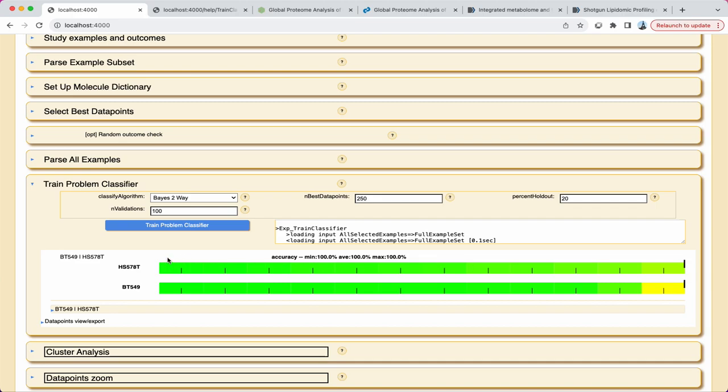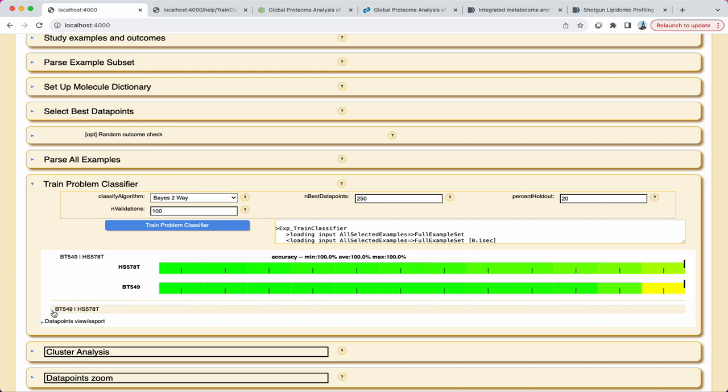Accurate classifications are colorized yellow to green, with green indicating high confidence in the classification and yellow indicating low confidence. Hover over specific examples along the bar to see their identity and their corresponding confidence scores.